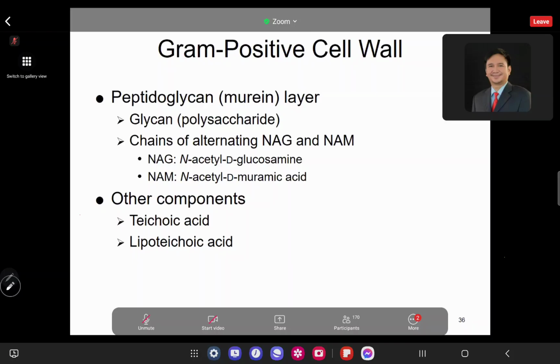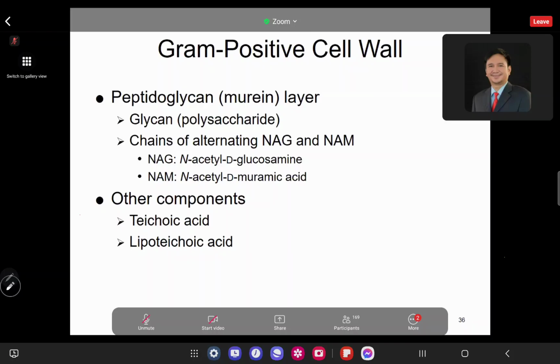Other components of the gram-positive cell wall, you have your teichoic acid, which provides structural stability and plays a role in ion transport. Then we have your lipoteichoic acid, which anchors the peptidoglycan layer to the cell membrane and contributes